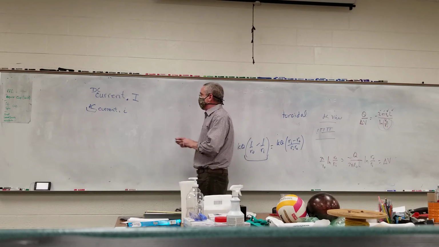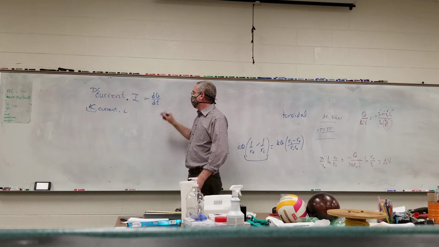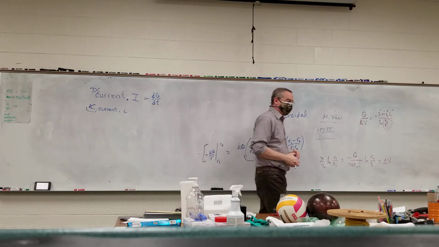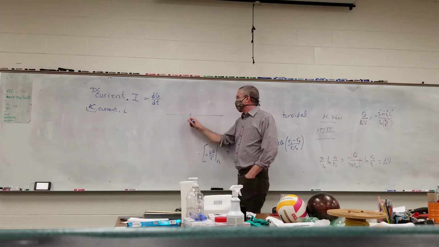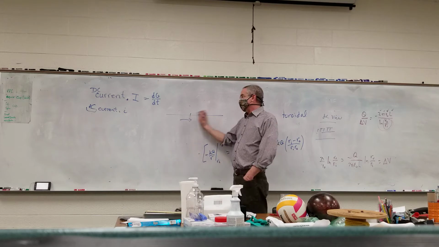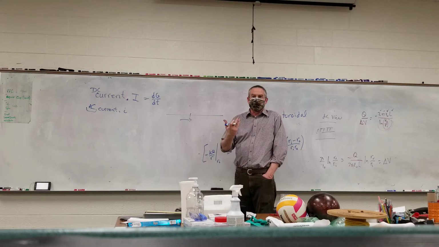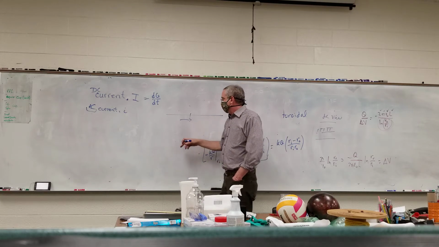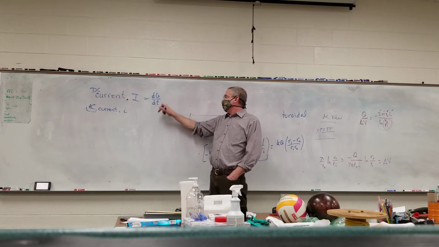Current is defined as the rate at which charge passes by a particular spot. So if I have a wire here, and I look and see how much charge is passing by in a certain amount of time, if it's a steady amount of charge per unit time, then I have a steady current. Before we get to that, unit-wise,